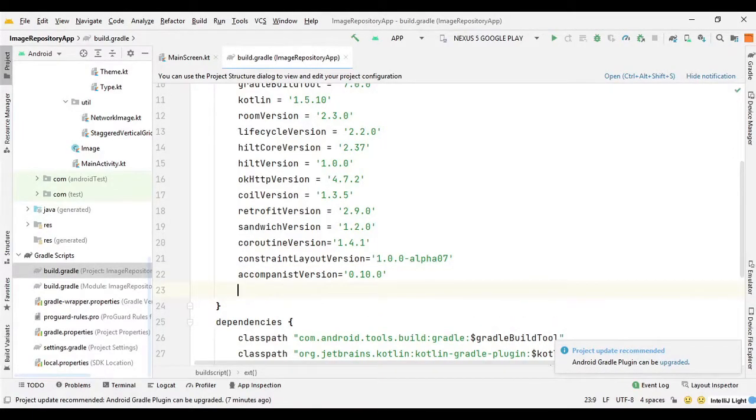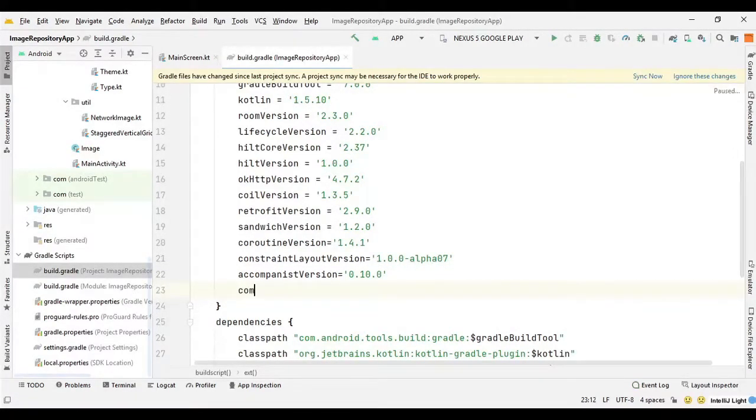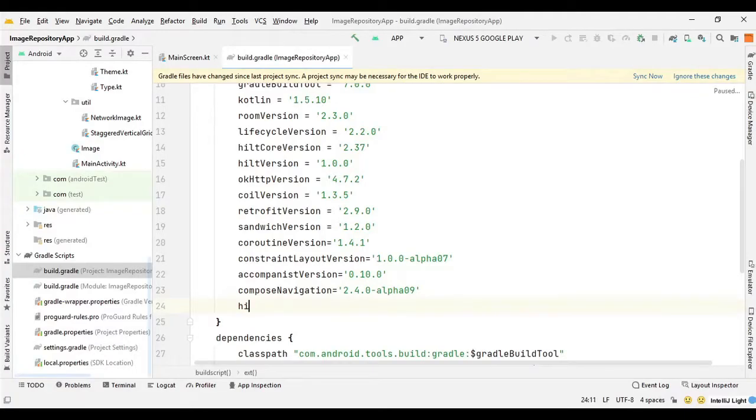Here we need to define the versions for those navigations. First of all, we need the compose navigation. So we can say compose navigation, and the version is going to be 2.4.0-alpha09, and then we need the hilt navigation.